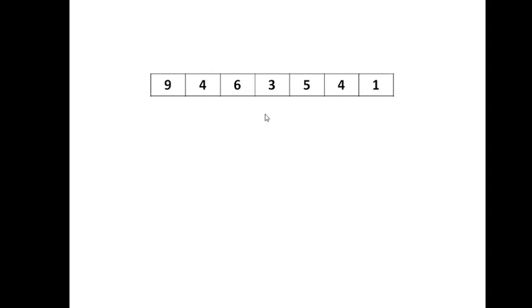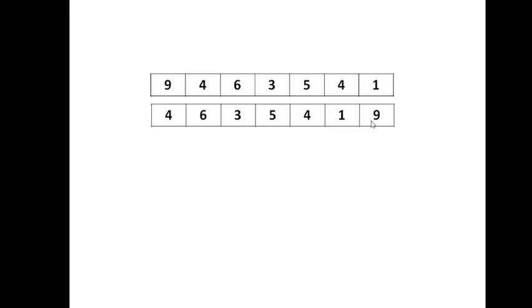But with the bubble sort, you will compare 9 with 4, and because 4 is smaller than 9, you will swap them immediately. So 4 will come here, 9 will be moved here. Now you will do the comparison between 9 and 6, and because 6 is smaller, it will come here and 9 will go here. Similarly 3 will come, 9 will come, and again 9 will be pushed to the next position, and 5 will be moved here, and 4 will come. So eventually 9 will reach the last position, and we will have 4 here.